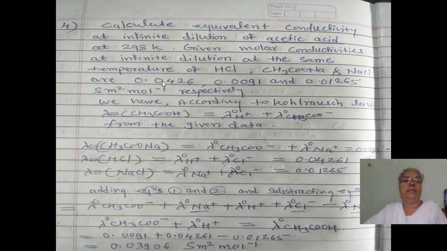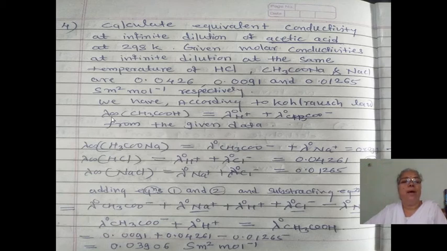For sodium acetate, the value is 0.0091, for HCl the value is 0.426, and for NaCl this value is 0.01265. Then, to solve this problem, we have to use the Kohlrausch law, and you know that according to Kohlrausch